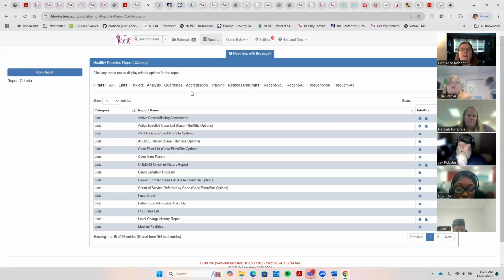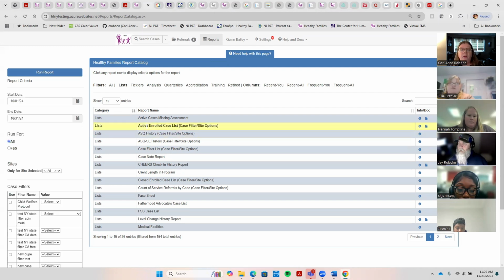Okay. So I'm just going to go through how to use a case filter in a report. On the reports, if a case filter is available, it will say so right in the report name. So I'm just going to run the active case list